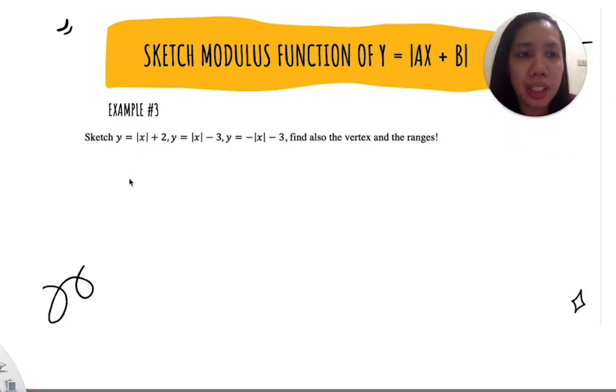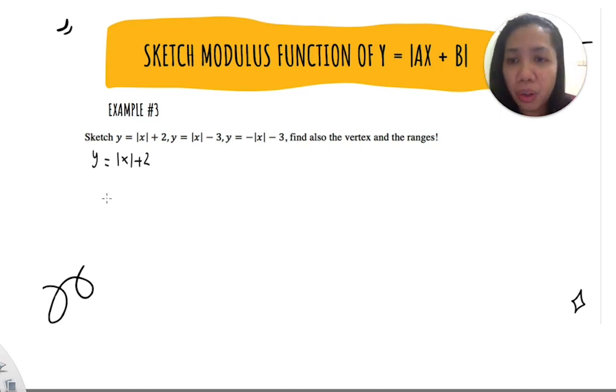Okay, the next thing we're gonna try to sketch is y equals absolute of x plus 2. The original function is here, y equals to absolute of x. So we're gonna have the shape of the function like a V letter, but now we add something here. It is plus 2 here. How to sketch that? The first thing first, we need to find the x coordinate of the vertex. Like we have had before, the way to find the x coordinate of the vertex is by taking the inside part of this function. So then we'll have x equals to 0. This is the x coordinate of the vertex.